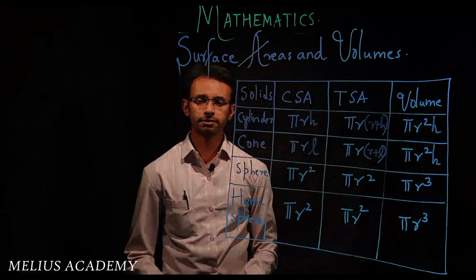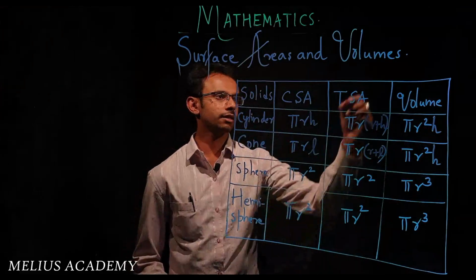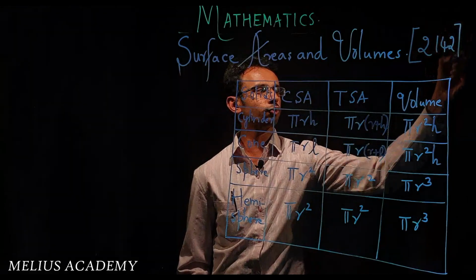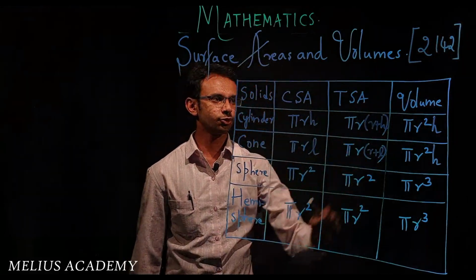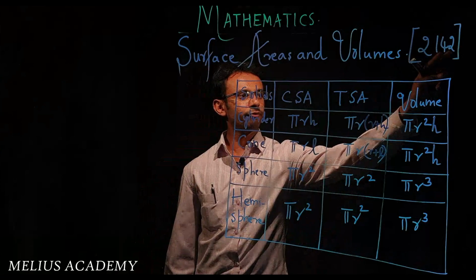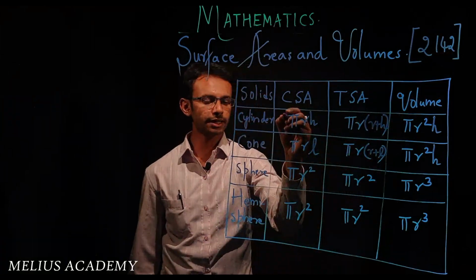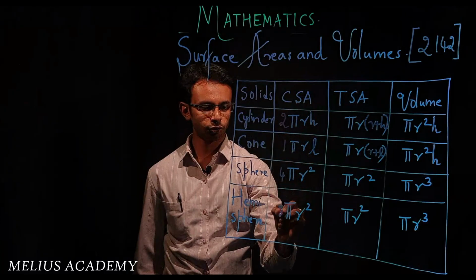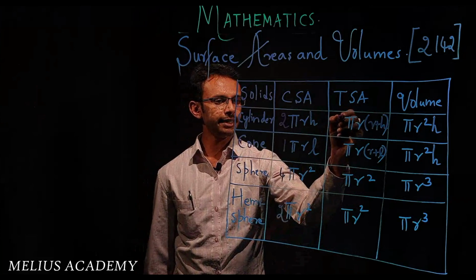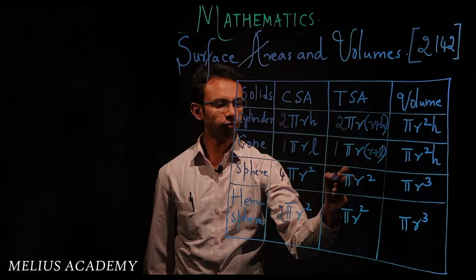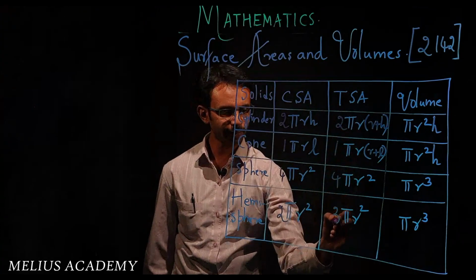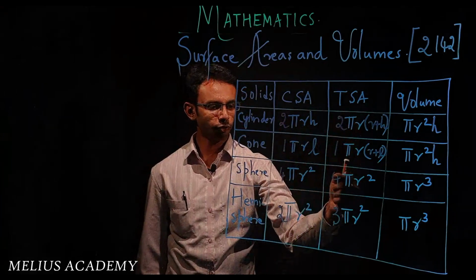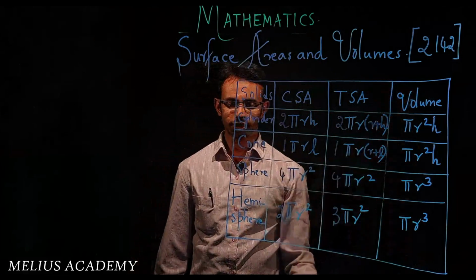After this much is filled, the next is a code which I have made to remember these formulas. The code is 2142. We are in the 21st century, so 21 and double of 21, 42. So the code will be written here: 2142. Similarly in TSA, 214, but the last one you have to extend: 3. 2142, 2143.